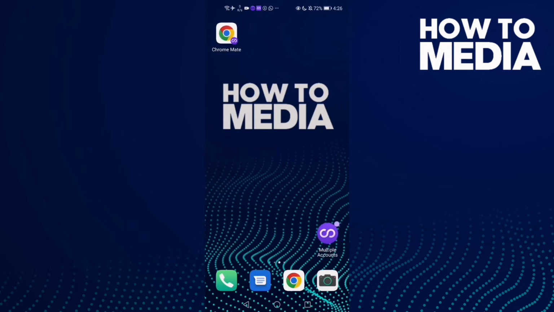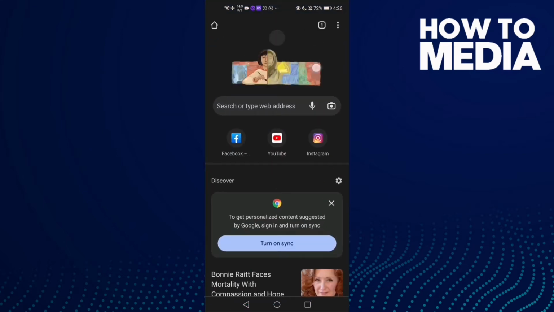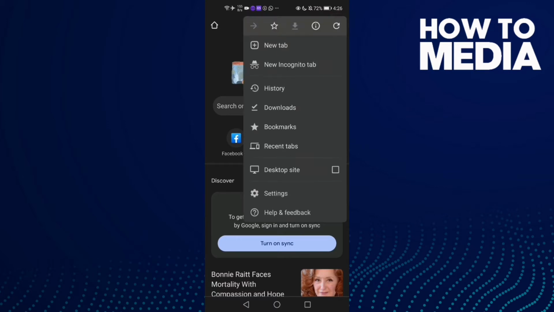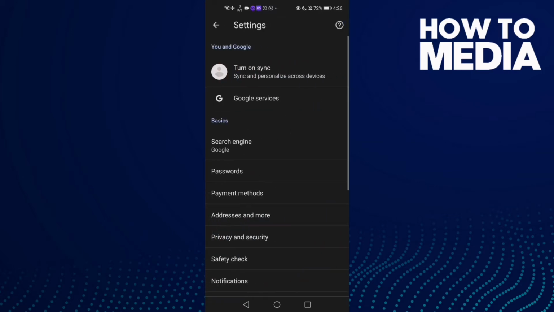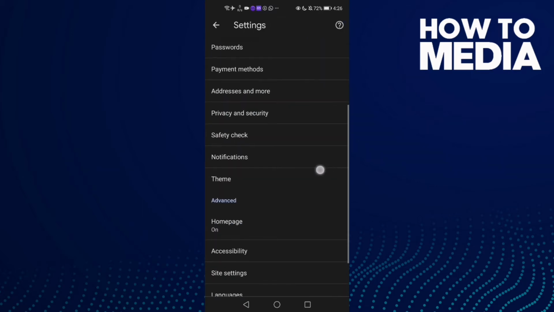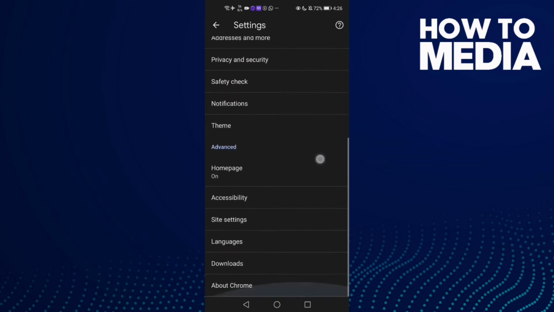First, go to Google Chrome, and then click these three points here, and now click Settings, and then go down until you find this one, Downloads,